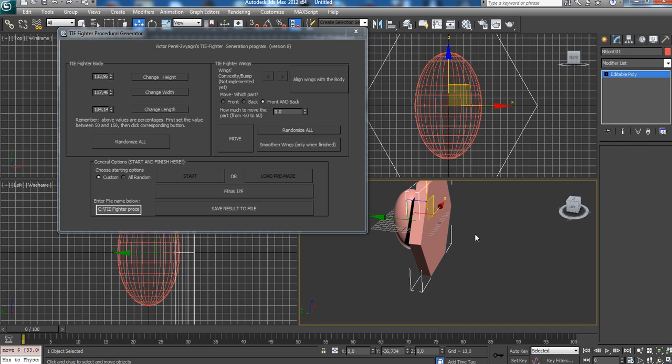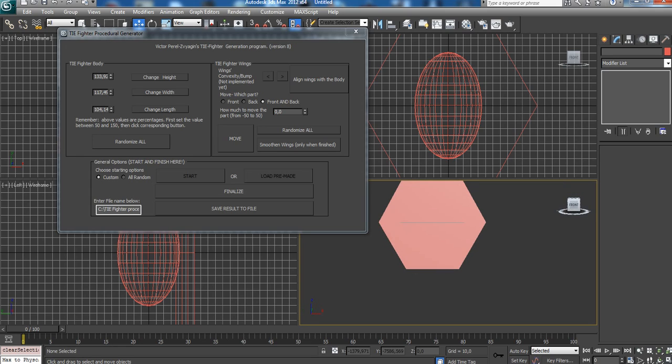other options obviously contain more advanced features, for example, if we take this one, it will actually modify the shape of the TIE Fighter wing. So we can move the front point of the wing over here, the back point of the wing over there, or both front and back. I'll demonstrate to you only the front for the moment, and